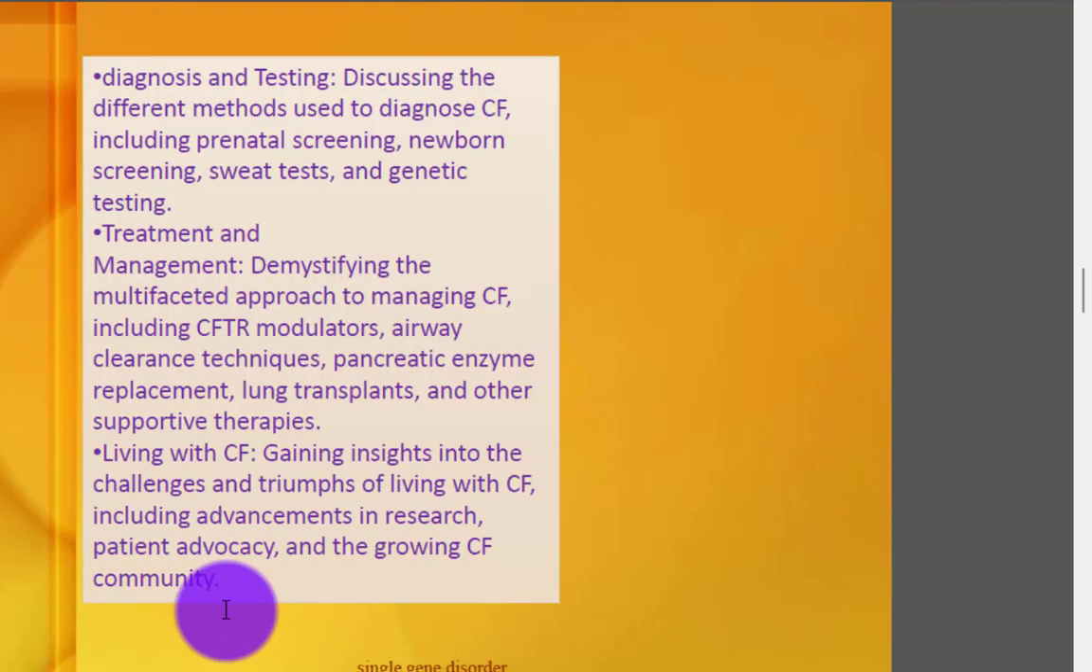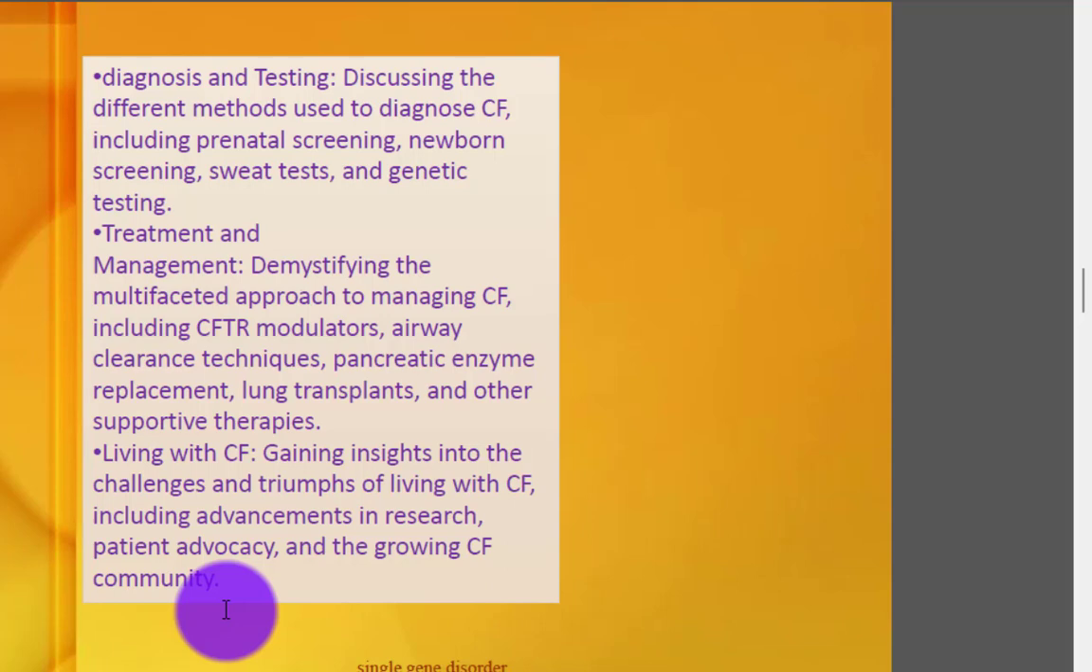Diagnosis and testing, discussing the different methods used to diagnose cystic fibrosis, including prenatal screening, newborn screening, sweat test, and genetic testing. Treatment management, demystifying the multi-phased approach to managing cystic fibrosis, including cystic fibrosis modulators, airway clearance techniques, pancreatic enzyme replacement, lung transplant, and other